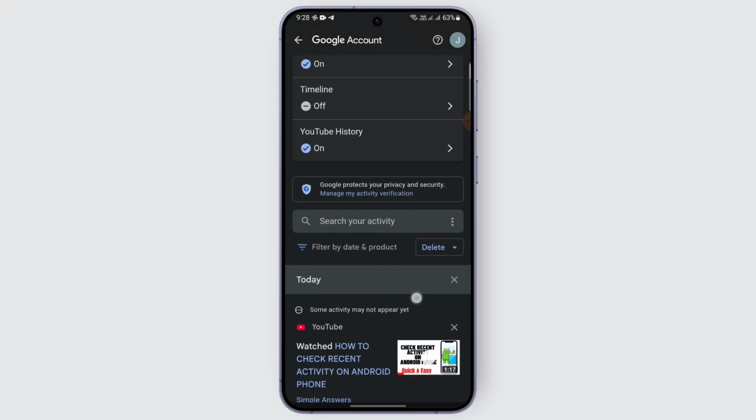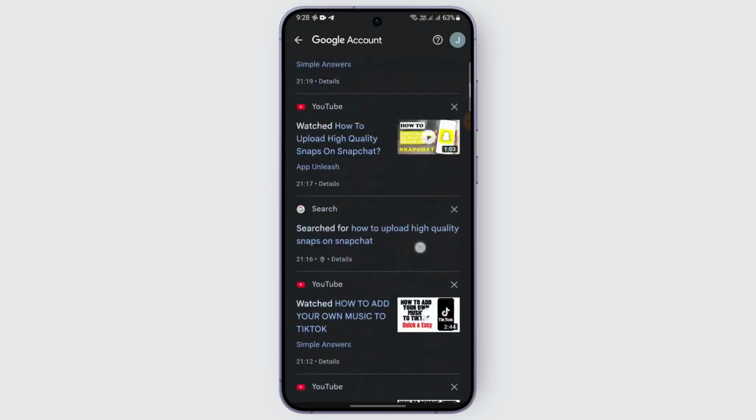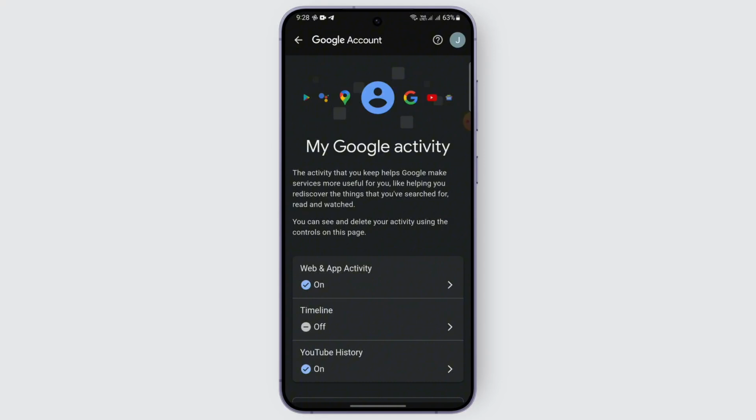Wait for it to be opened first, and here you can see your web activity, YouTube history, and all of the things. So you just need to simply follow the steps in order to see your activity on your device